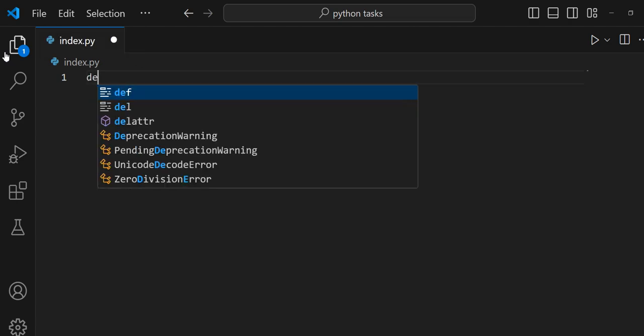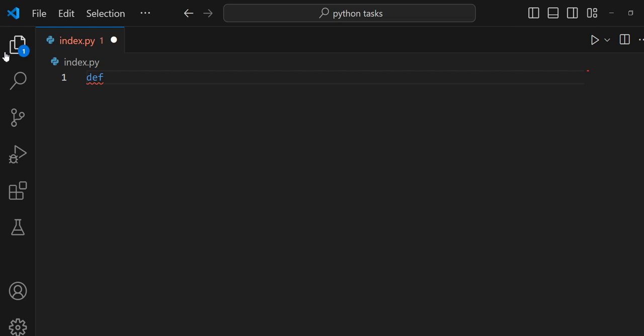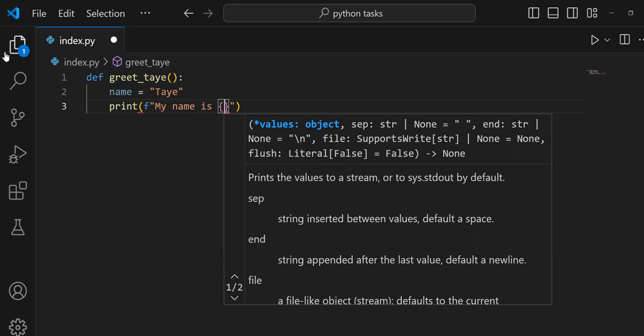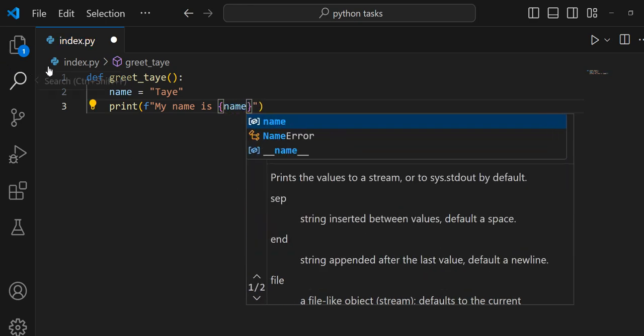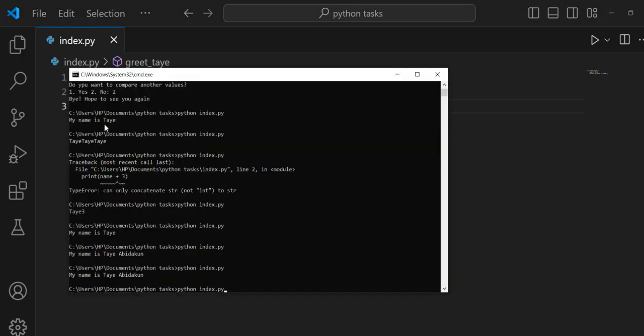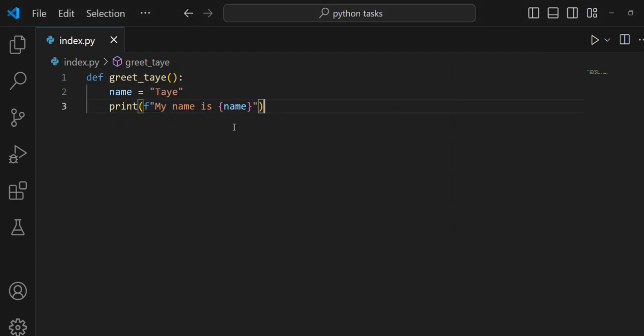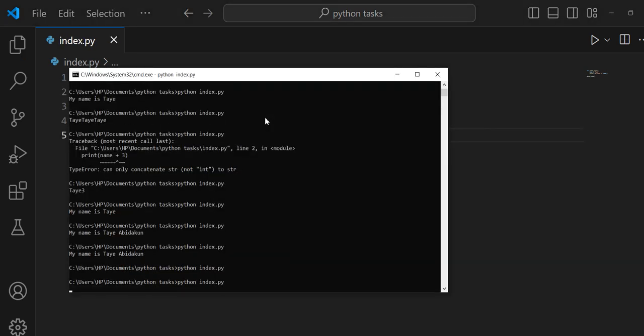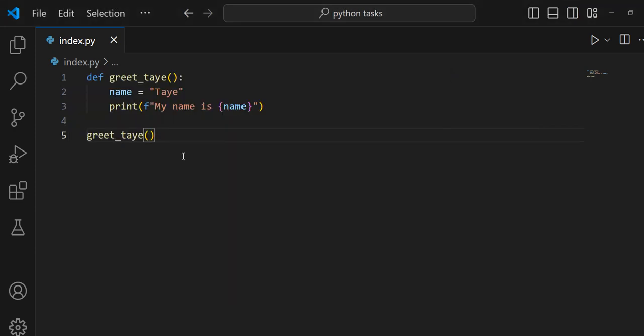So let's now go back to parameterized function. Let's say greet Taye. So you can do something like this. There is the name. You can now say print my name is name. So this is going to give my name is Taye. Oh, I had to call on the function. Sorry, my bad. My name is Taye. Let's say we have another function,